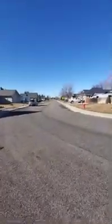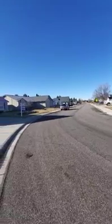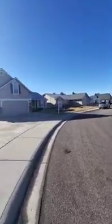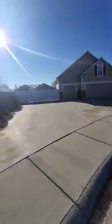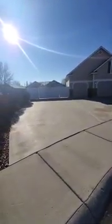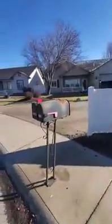And then this is the house right here. So it's got a huge driveway out front. Your RV parking would be right here. And then obviously your 3-car garage right here. I'm guessing that this walkway that you were talking about